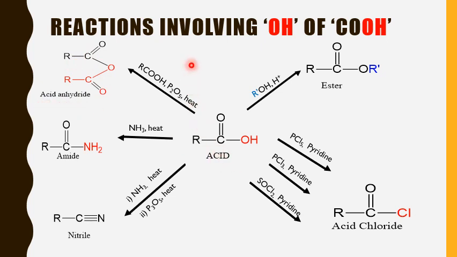You see, this wide range of reactions provides different types of functional groups. Hence, the reactions of carboxylic acid are very, very important, where you can get various types of functional groups which are further used as starting materials for the synthesis of more functional groups and so on.